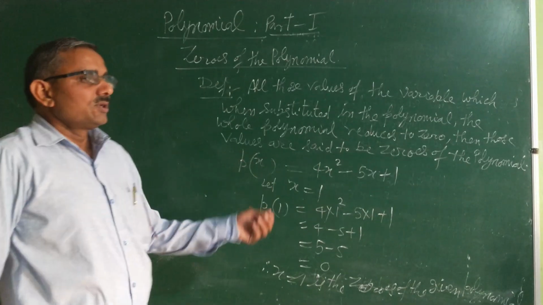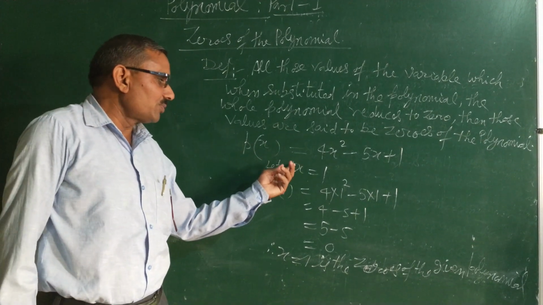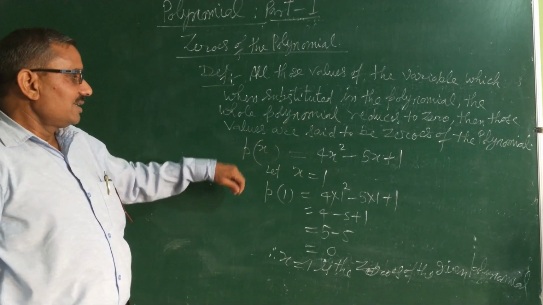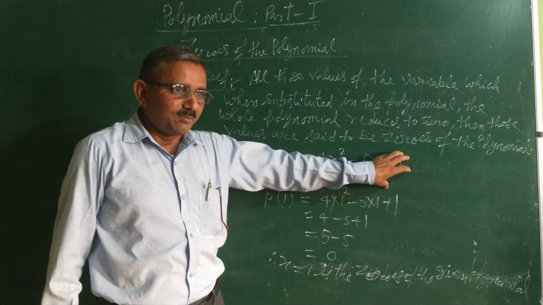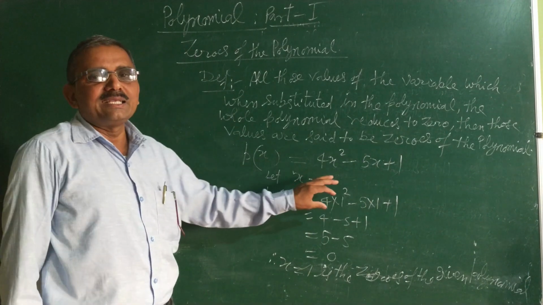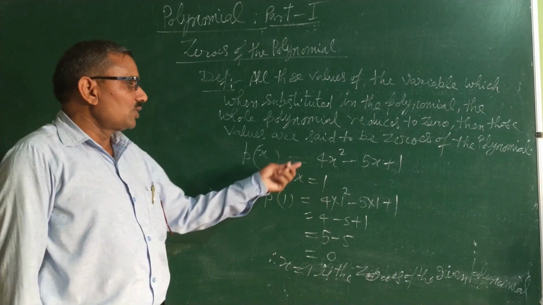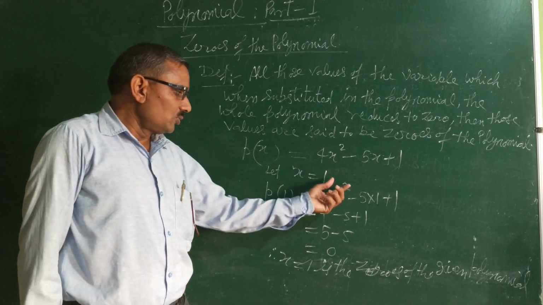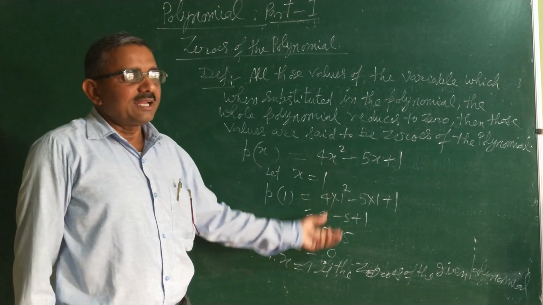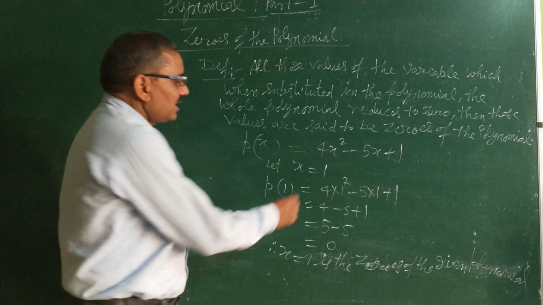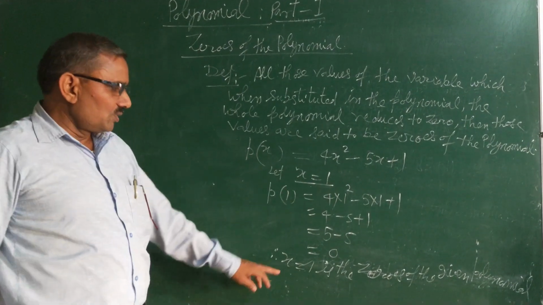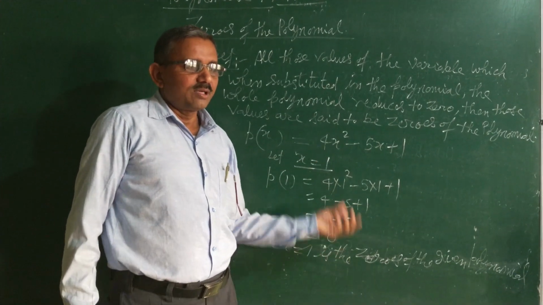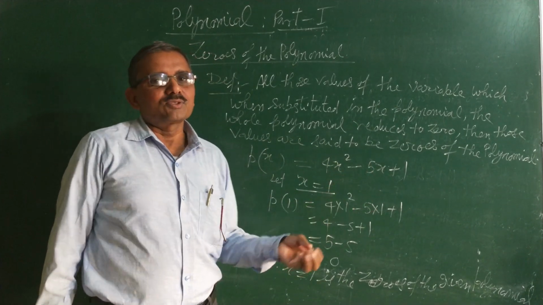In this way we can observe whether the given value is a zero of that polynomial or not. हम उसमें क्या करेंगे, जो पॉलिनोमियल दिया है उस पॉलिनोमियल में वेरिएबल की जो वैल्यू चेक करने के लिए दी गई होगी कि यह जीरोज है कि नहीं, वह वैल्यू रखेंगे और देखेंगे कि क्या वह वैल्यू रखने पर पूरा पॉलिनोमियल की वैल्यू 0 आ रही है कि नहीं। अगर 0 आ रही है तो इसका मतलब हुआ दिया हुआ x का मान, यह x इक्वल टू 1 इस दिए गए पॉलिनोमियल का जीरोज है। अगर 0 नहीं आ रही है वैल्यू पॉलिनोमियल की तो हम कहेंगे कि यह उसका जीरोज नहीं है।